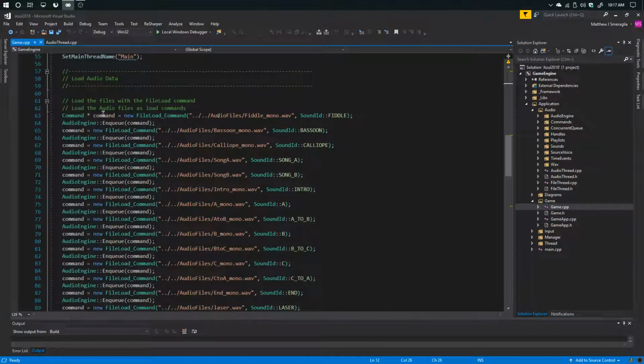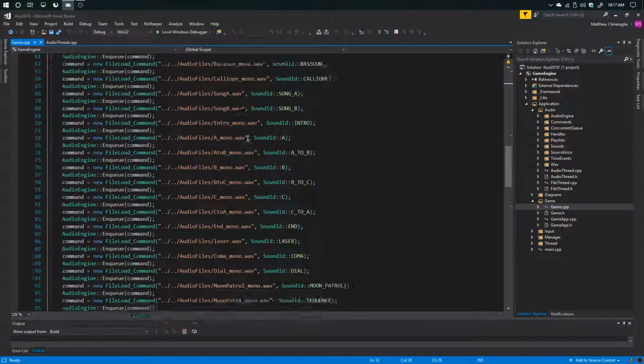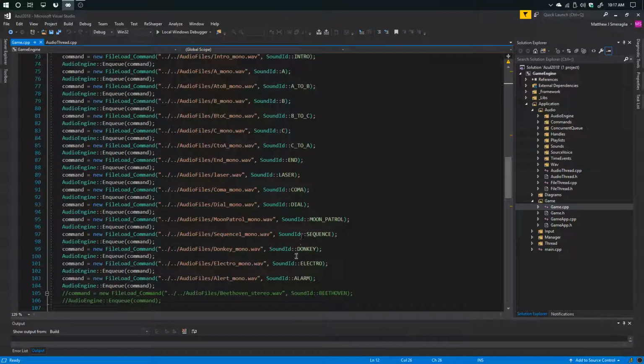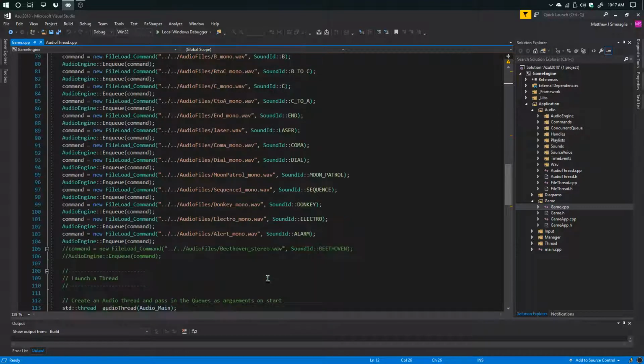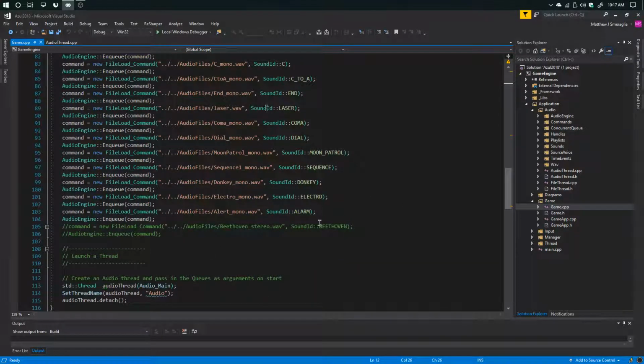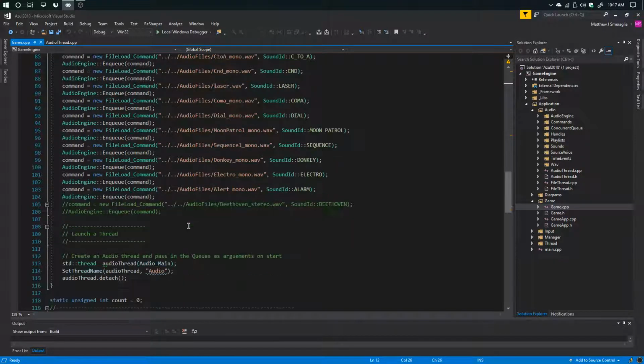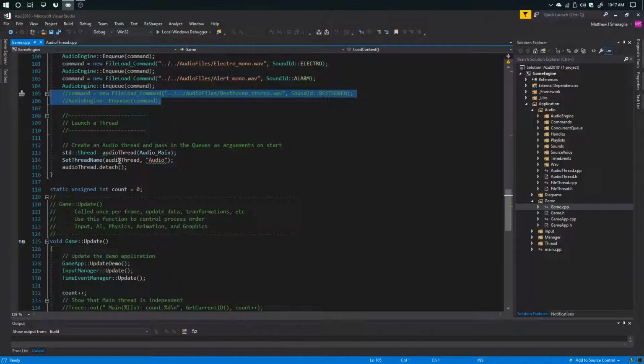Basically these just get passed to the AudioEngine in the audio's in queue, and that is going to be passed as a file loading command. So we just pass the file name and then the sound ID, which is sort of the unique identifier we're giving to each sound. I'm essentially setting these one per buffer, and then everything can use it from there. And I am not loading Beethoven at this point. That will be important later on, but basically this is going to then spin off the audio